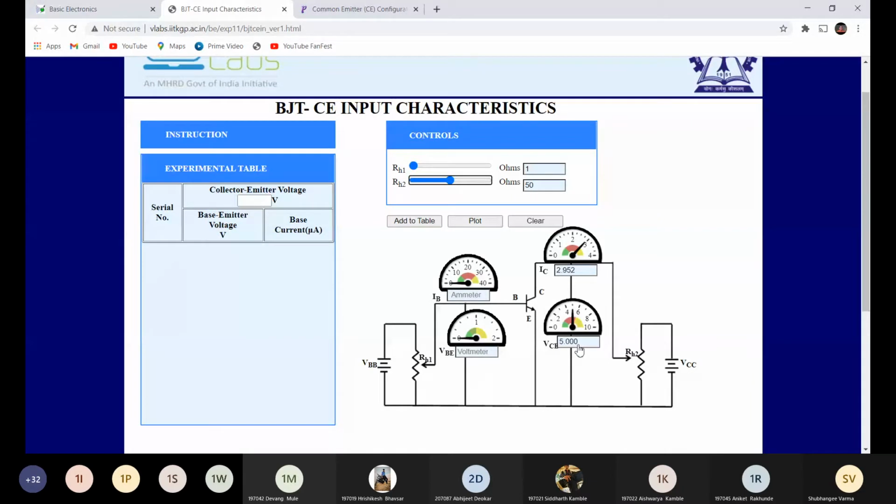Now again we are going to check the effect of VCE on the input characteristic. So start changing RH1. First we will take the reading for 0.1. Add it to the table. Then take the reading for 0.2, add it to the table.